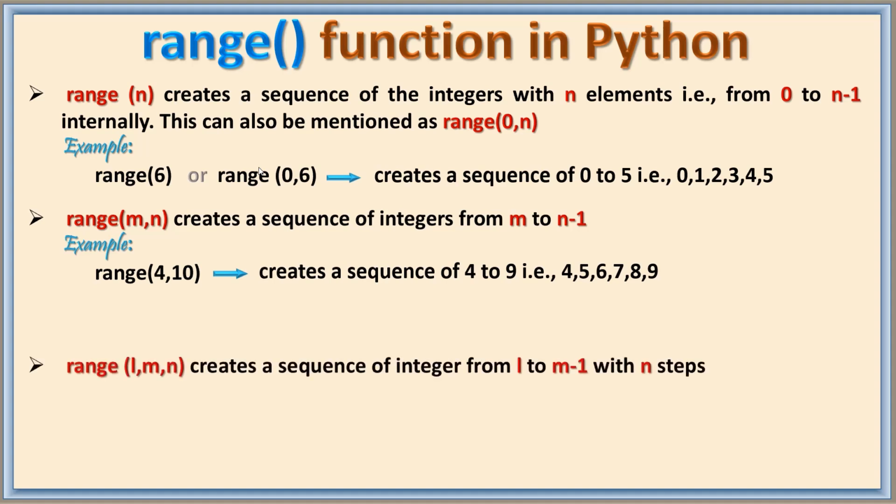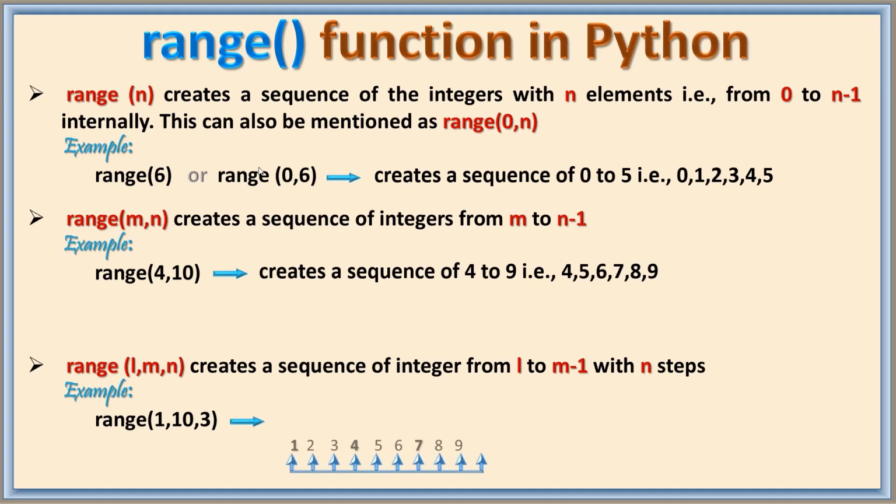Range function can also have three arguments, say L, M and N. It creates a sequence of integers from L to M minus 1. So here N will be the steps. For example, if I have range of 1, 10, 3, what happens? It will start from 1, it will end by 9, but the steps given to it is